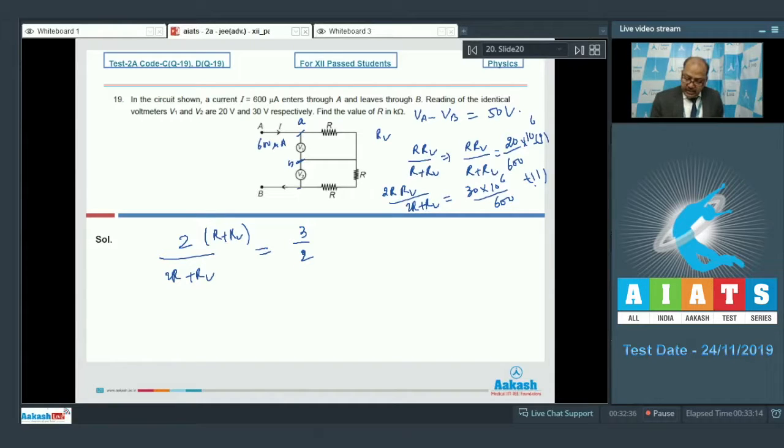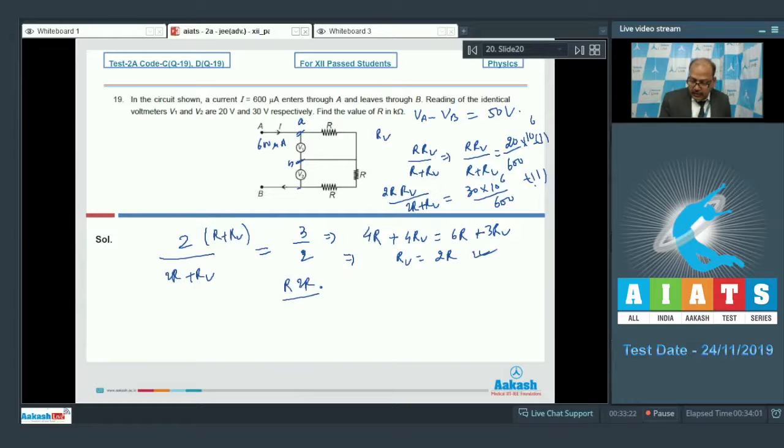We have divided equation 2 by equation 1, left hand side by left hand side and right hand side by right hand side. On cross multiplying we get 4R plus 4RV is equal to 6R plus 3RV, or RV equals 2R. So now it's pretty straightforward. The resistance between these 2 points, R RV by R plus RV, can be written as